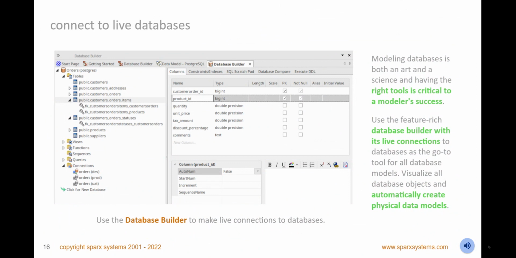Connect to implemented databases and get access to the Enterprise Architect's rich support for data modeling with a purpose-built tool. Make connections to multiple databases, including development, test, and production. Visualize database objects, such as tables, views, functions, stored procedures, sequences, and more. Configure columns, data types, primary unique and foreign keys, and view the objects in automatically created and laid out diagrams. Compare the current data model with a live database and optionally synchronize any differences in either direction using differential DDL. Use the SQL Scratchpad to run ad hoc SQL queries against a live database.